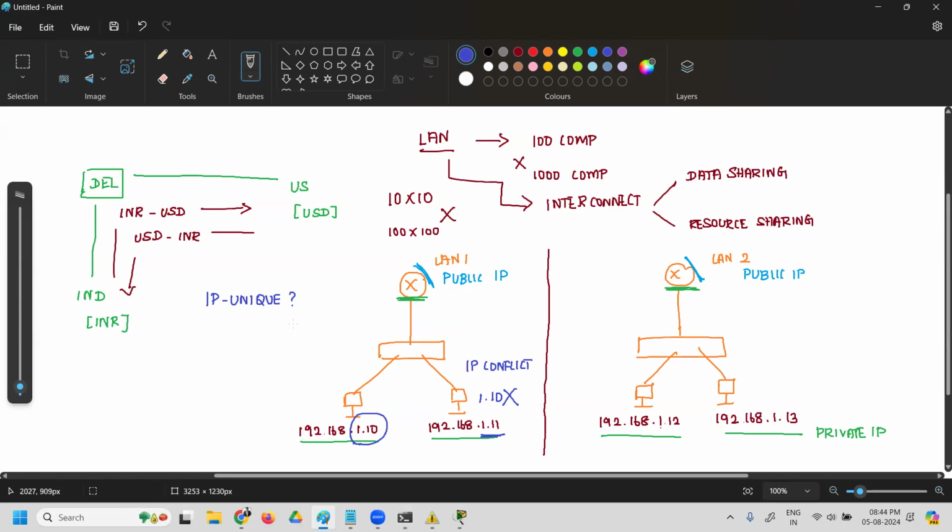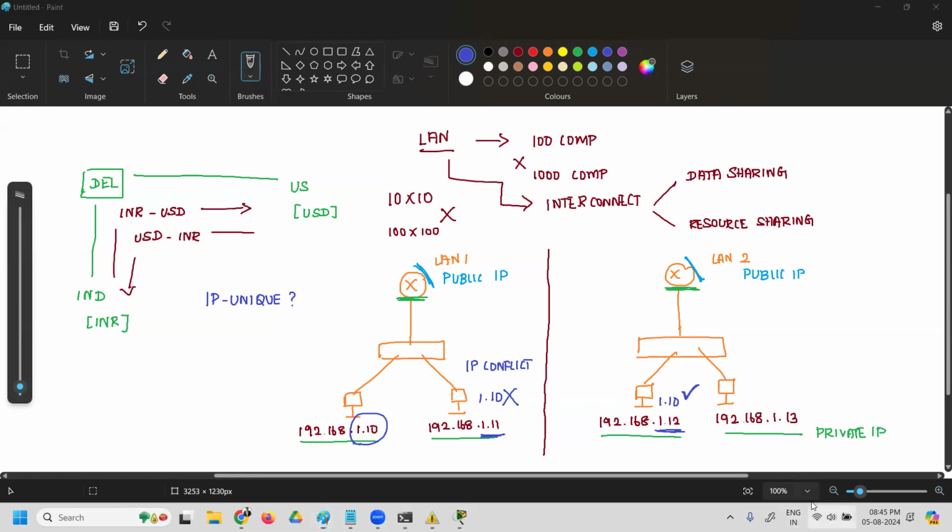But in between LANs, IP can be the same. If I go to LAN 2 and give 1.10 here, it is going to accept. Why? Because it is a different LAN. So IP should be unique inside a LAN, but between LANs, IP can be the same.